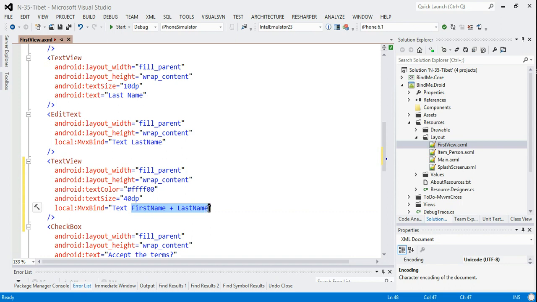So it's important to realize this isn't a C# compilation. This is a reflection-based evaluation. So it's a little bit slower than compilation. But if it's just a small part of the UI you're updating, it's a reasonable way of going about it. And so what we can also do is put in some literals. So here's a string with a space in there, and we can combine together a lot more things as well if we want to. You'd want the title in here, so you could combine in title,